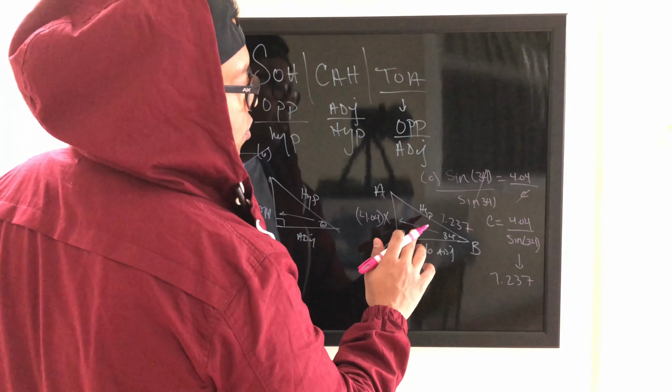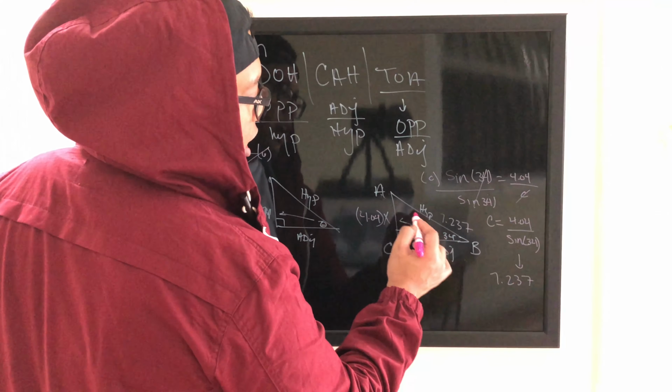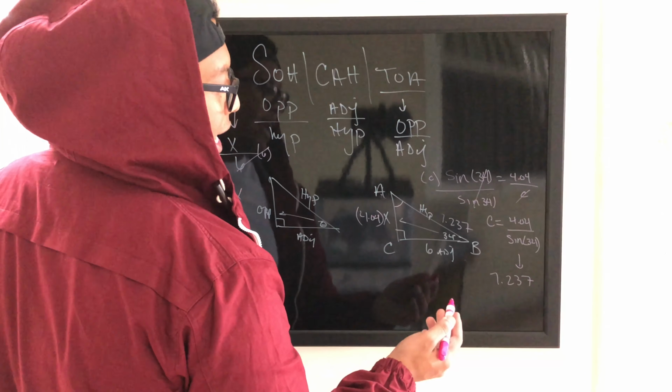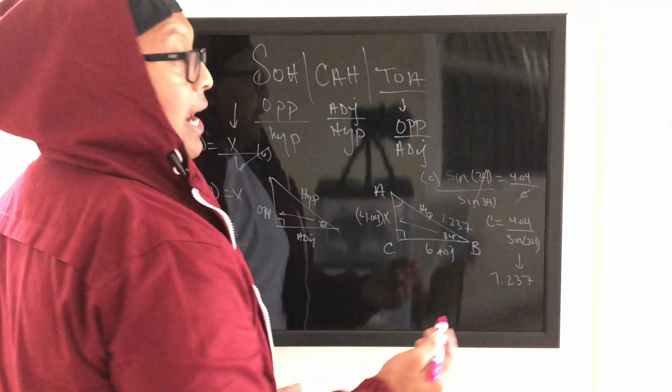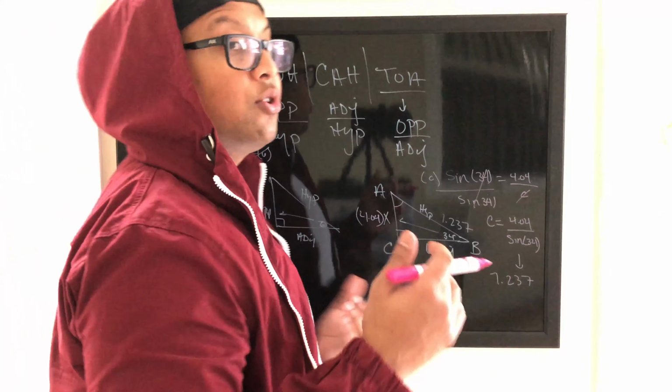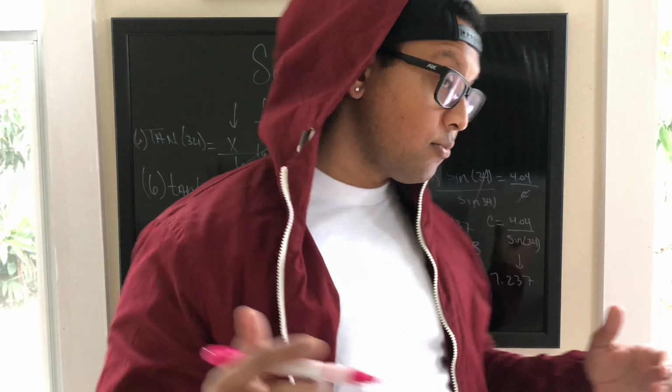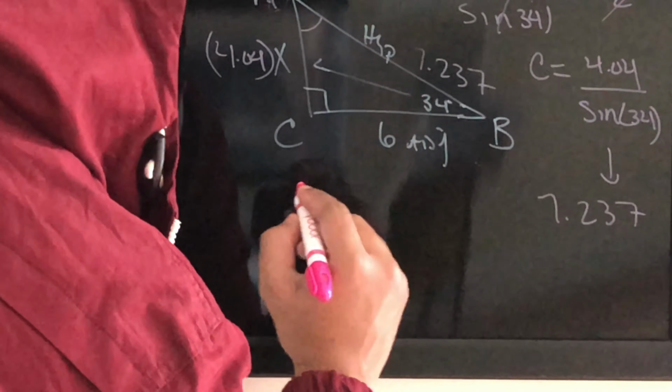Now, if I wanted to, all I need to do is find the other angle. What is this angle equal? I don't know what that angle is, and I want to find out what that angle equals. Just so you guys know, the entire measurement of the angles in a triangle equals 180 degrees. So therefore,